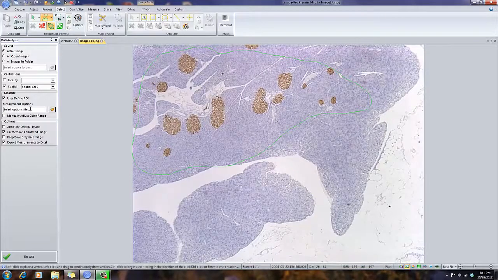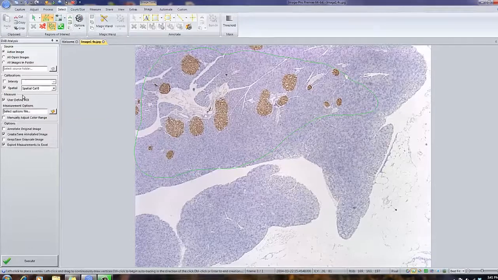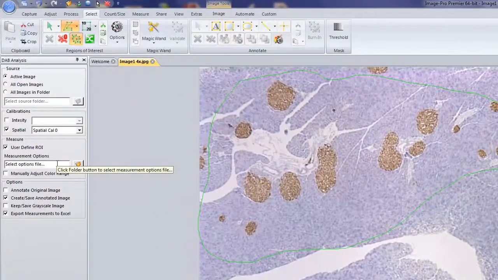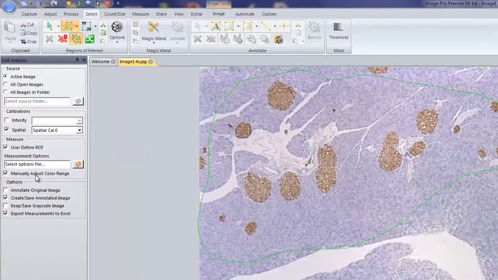Right now, this is using default count size measurements options where this is set up for doing this particular analysis. When we run this example, if this isn't quite right or the DAB is slightly a little bit different in color, we can also, by using the checkbox here, manually adjust the color range. So in essence, we can resegment or resample the color to select the proper color and give you the proper